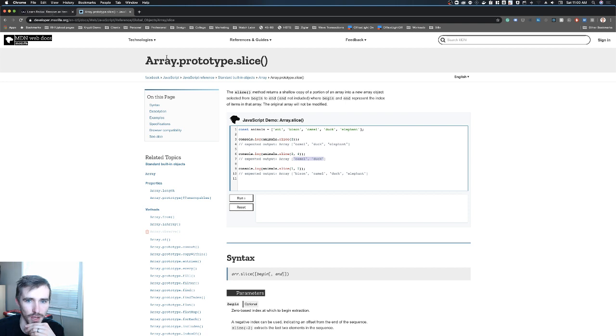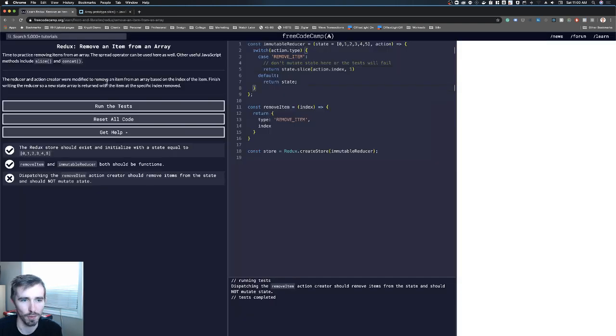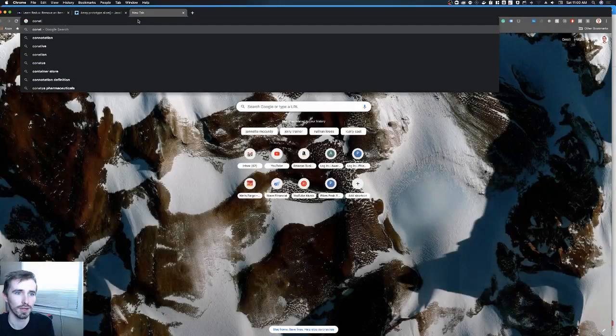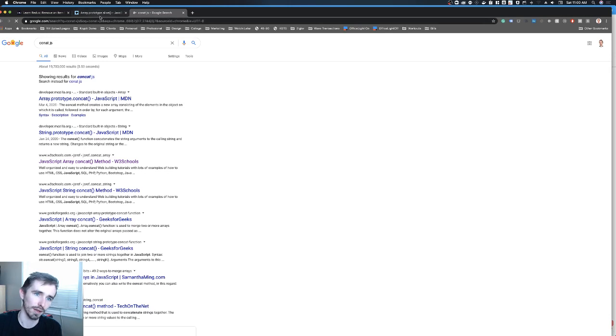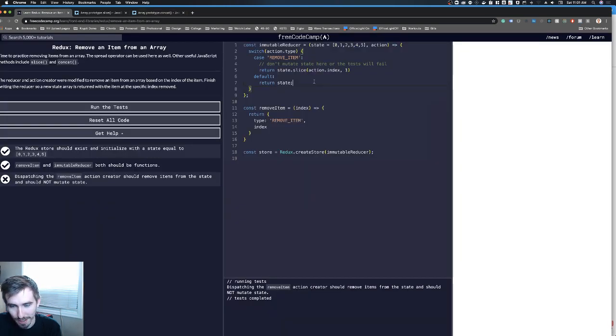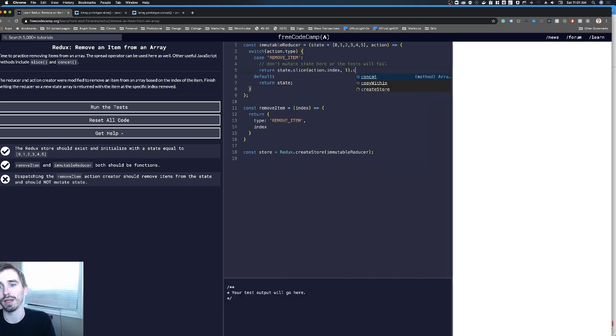And so for us, let's look at this concat method. I think what they want us to do is slice before the index and after the index, and then concat it with this Array.prototype.concat. But I don't know if I like that at all, honestly. That's kind of stupid, but I'll try it because I have a feeling that's what they want. Concat, and then we do another state.slice and action index